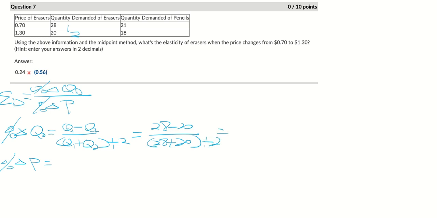Now you can put everything into the calculator at once, but I like to simplify first, because if you put the whole equation in the calculator one time, you might miss a parenthesis here or there, and then your answer will be wrong. So simplify it before you put numbers in the calculator. Okay, so 28 minus 20 will be 8. 28 plus 20 will be 48, divided by 2, and that should be 24. And then we have 8 divided by 24, and if you check the calculator, this should be